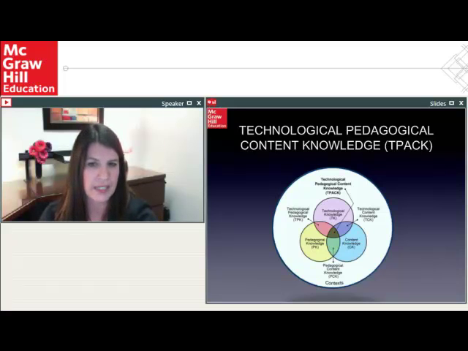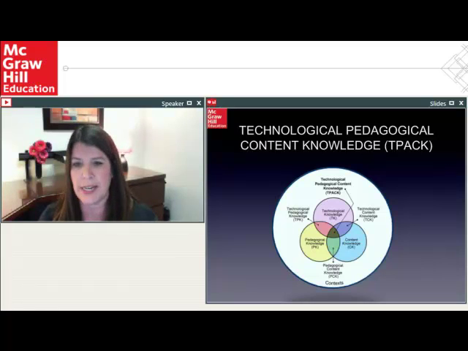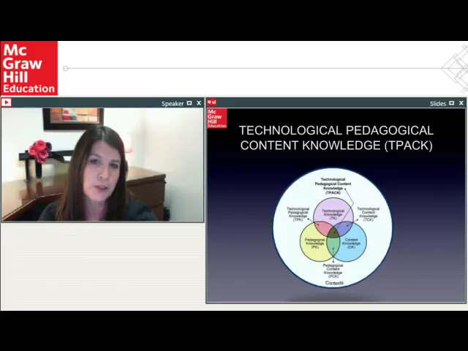Thinking about these items together and how you build lessons, you also have to remember around the outside, in the white area, you see that is the context. And that area is probably the part that influences your TPACK the most. It's the area that you actually have to think about before you begin doing any planning for integrating technology. How many devices do you have? That's a context. Do you have any firewalls that you can't get through? You might find the greatest activity, but you have a firewall and you can't get to it. You might have students with different backgrounds and different language barriers. You have to take all that stuff to influence your TPACK.